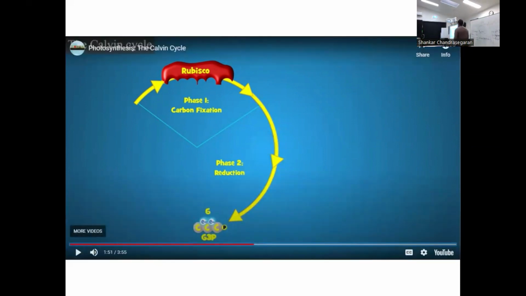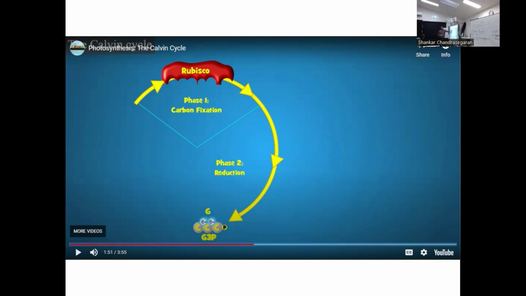All right. So this is the first. Yeah. So once that reduction has occurred, 6 of these G3P molecules are first accumulated before moving on to the next stage. Okay. For each cycle, there are a certain number of molecules that are produced. You don't need to know that. All you need to know is that how many are going where. So 6 is produced here, G3P. And the thing to note is that not all 6 will be converted into glucose. Not all 6. In fact, only 1 is kept aside to be made into glucose,